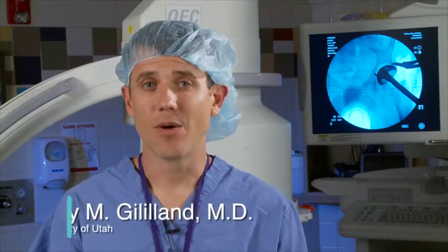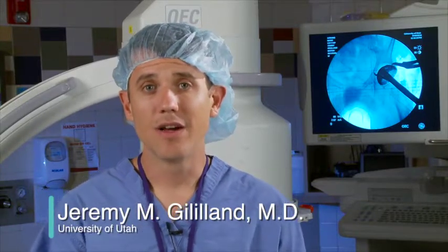So in this case, we're going to demonstrate the technique of using the OrthoGrid device on a direct anterior total hip arthroplasty done for a very unfortunate 56-year-old gentleman who's had bilateral lung transplants and has been on very high-dose steroids for a chronic period of time as a result. This led to AVN in both hips and collapse of both of his hips and very severe arthritis upon presentation